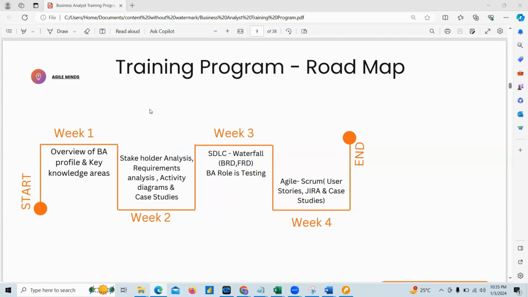Not only requirements gathering, we'll also do role play activities for the estimations also, requirements prioritization, estimation, all the important topics a business analyst needs. We'll do the role play activities and we'll also do the case studies, right? So that will give you some practical knowledge on how the real time things will happen when you get onto the role. Okay, so this is the roadmap.